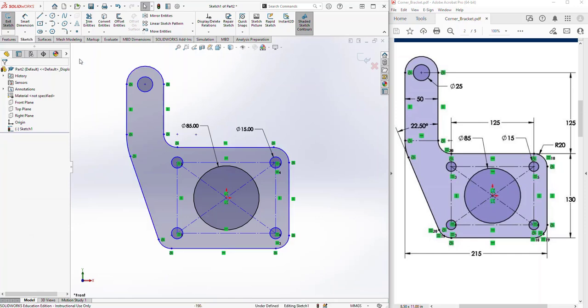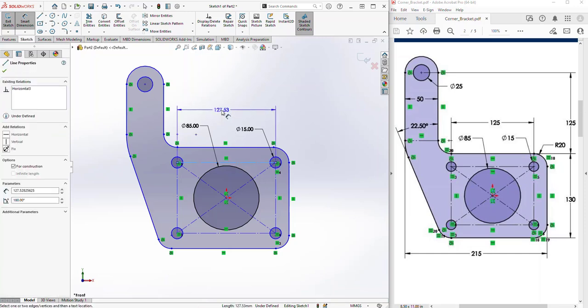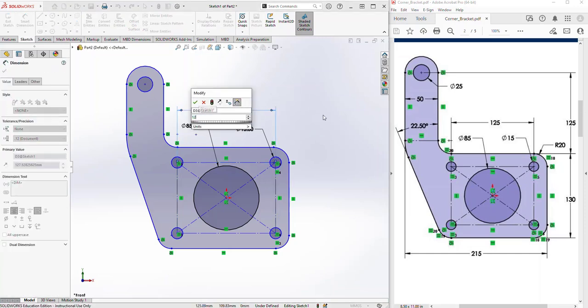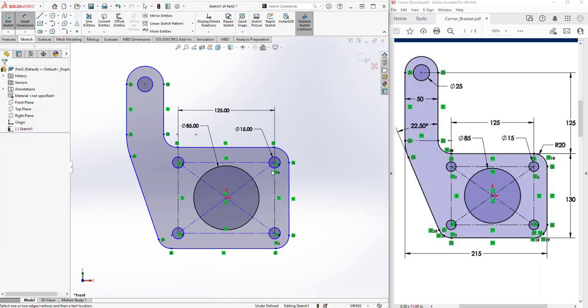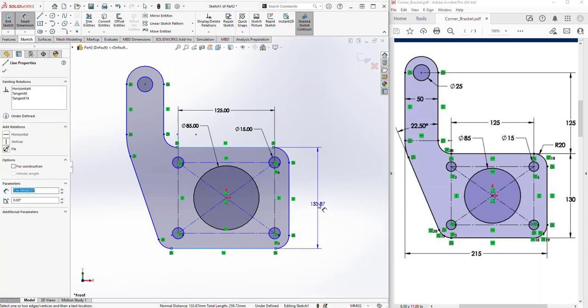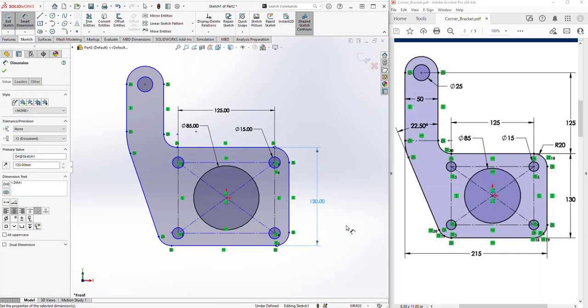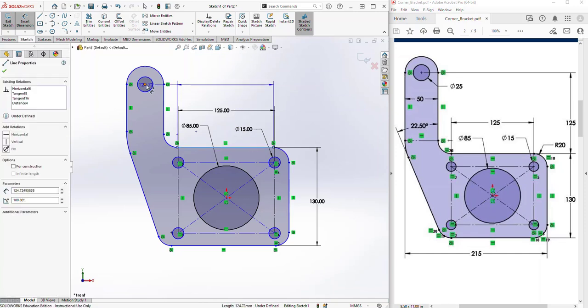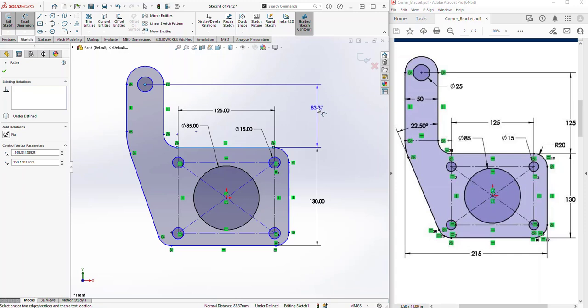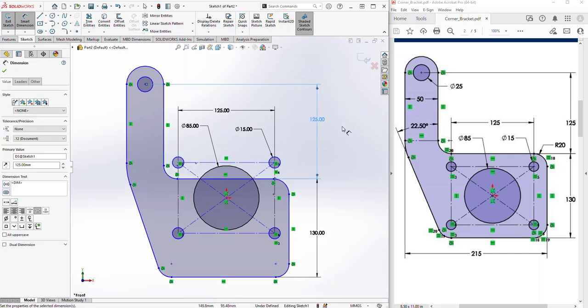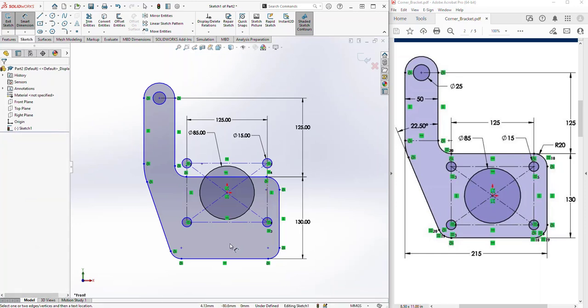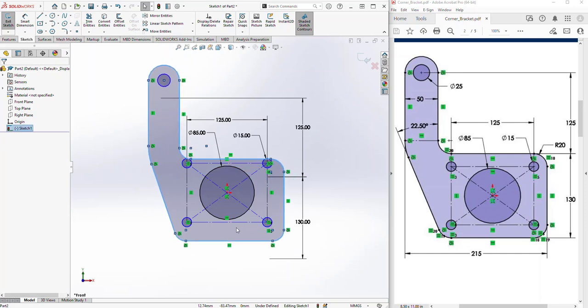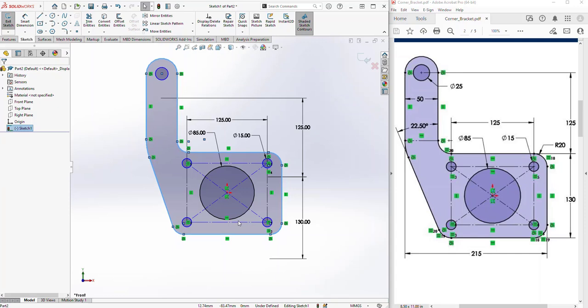Now let's look for the dimensions. I'll start by dimensioning the rectangle. This is 125. Then the height of this part, which is 130. Next, the distance from this line up to the center of this circle, which is 125. Okay, you can see that the outer profile is still detached from